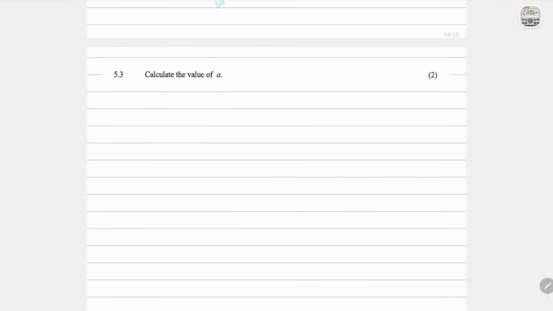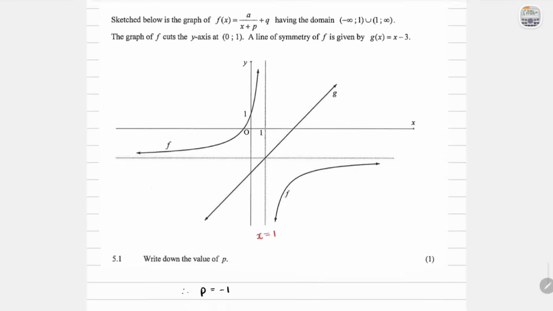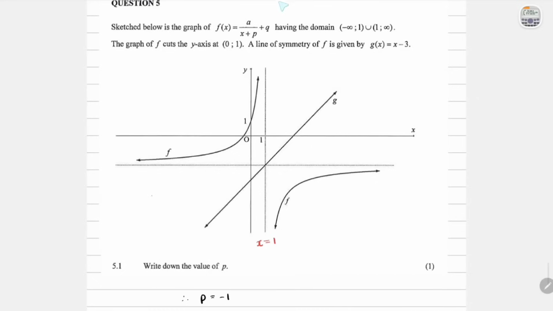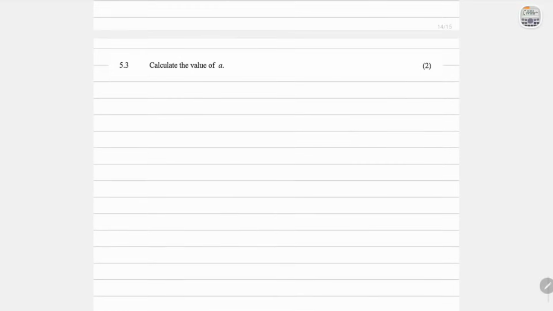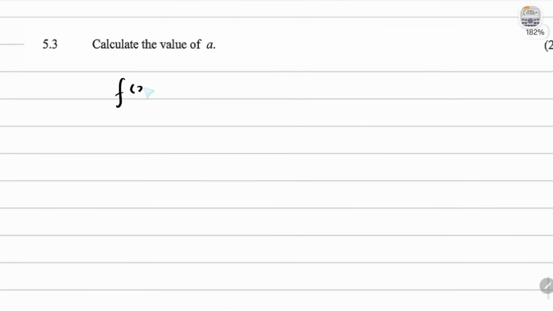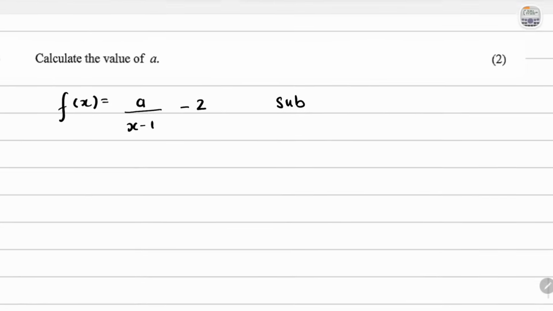Question 5.3 says, calculate the value of a. Okay, we have enough information now. Since we know the horizontal asymptote is y equals negative 2, we can fill that in here and fill in the p value, and we can just substitute 1 point that we have to find this. So our equation so far is f of x equals a over x minus 1 minus 2. And we're going to substitute the only point that we have, which is that